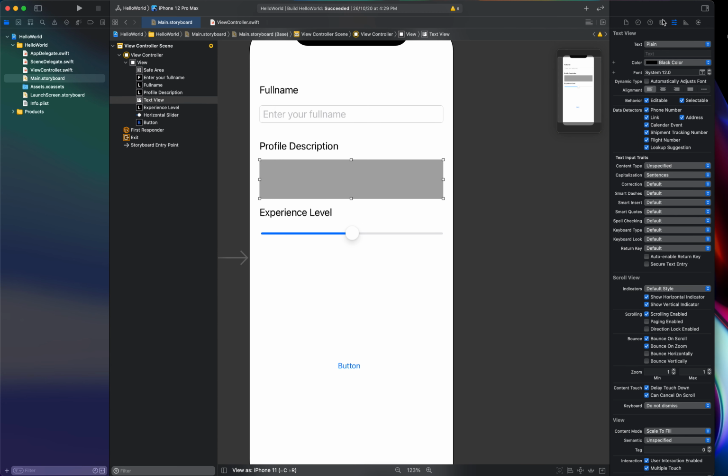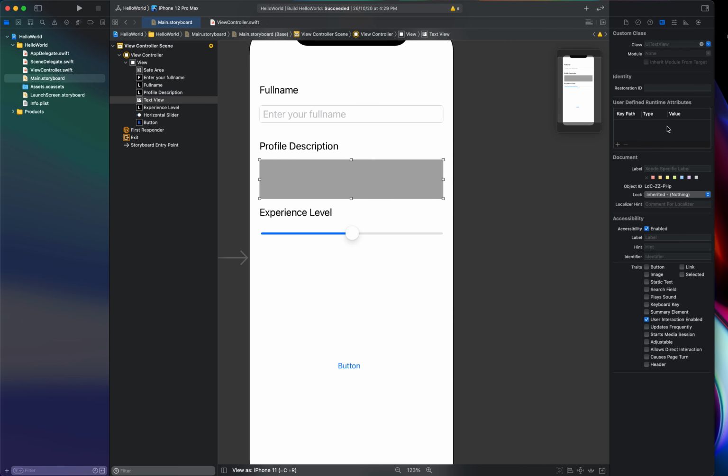Or we can provide some custom attributes like layer dot background color. So it will be UI color and this will be black. Okay. Next we have a progress